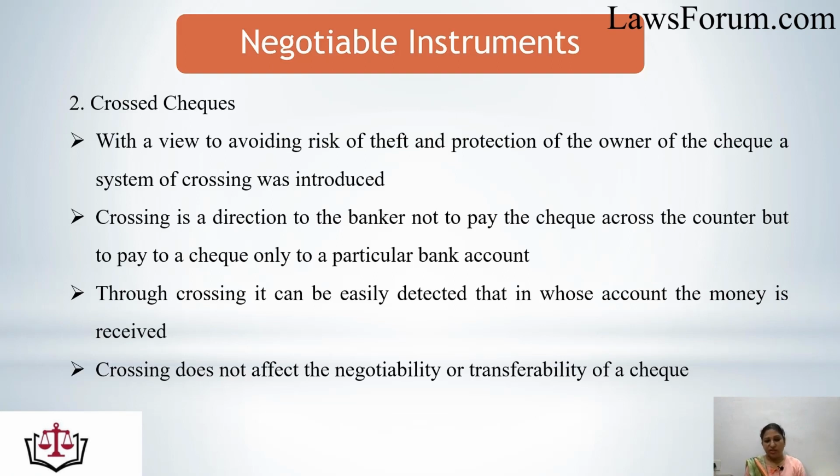Let's say I have lost my cheque, but if it is found by someone else and presented to the bank for payment, it would be transferred to the account number mentioned on the crossed cheque. It would not be paid over the counter. Through crossing, it can be easily detected in whose account the money is being received, because crossed cheques have to go through a particular bank account, and to which account it is being posted can be clearly found out. So crossing does not affect the negotiability or transferability of a cheque. It can be easily